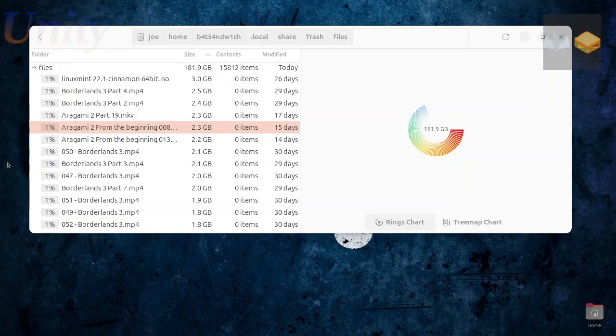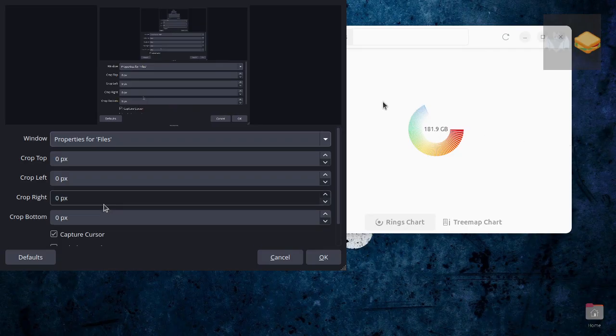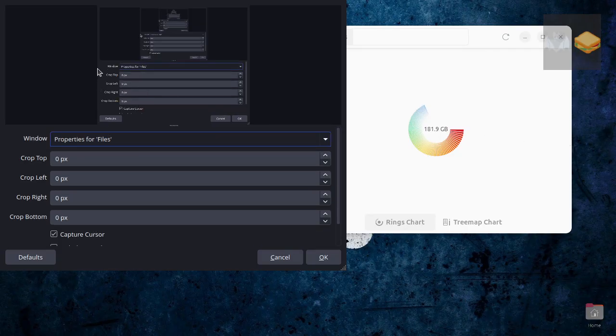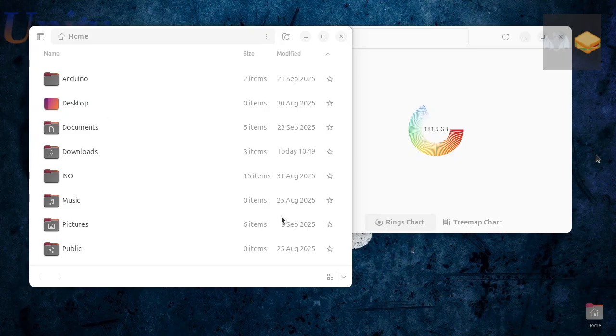And let's open up our file system. And let me see if I have, let's create a window capture and call it files. Okay. And select a window to capture properties. No, not that. Probably that home folder. Yep. Okay. And let's drag this down a little bit because